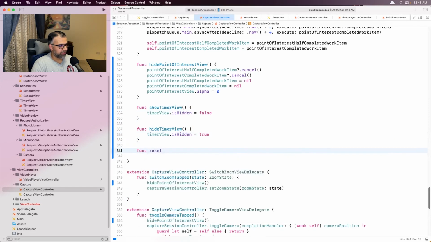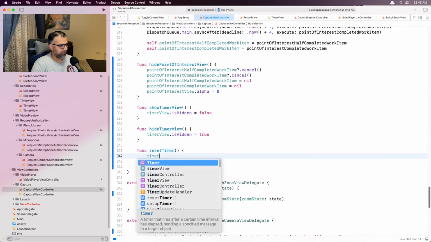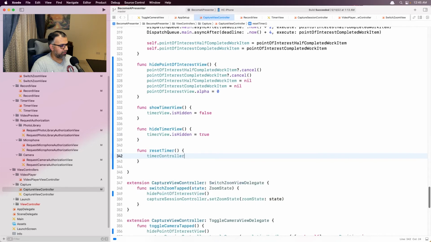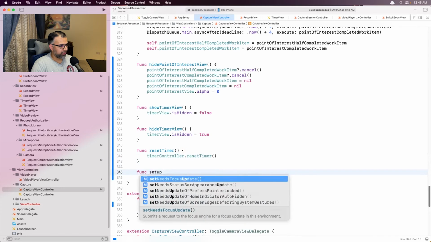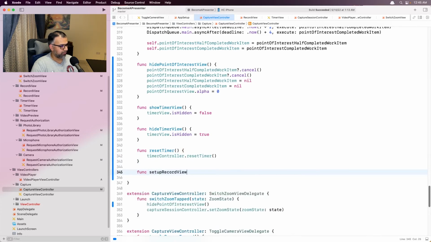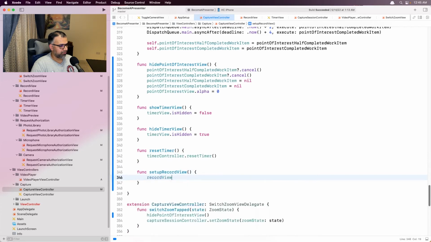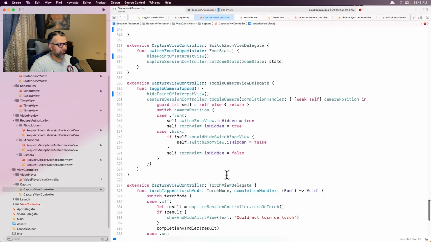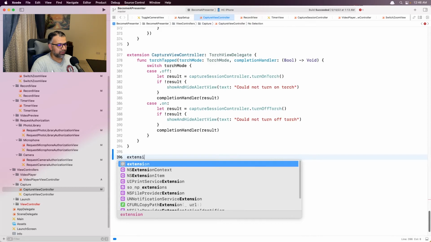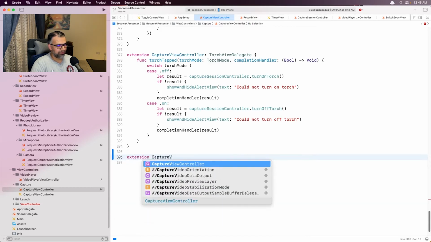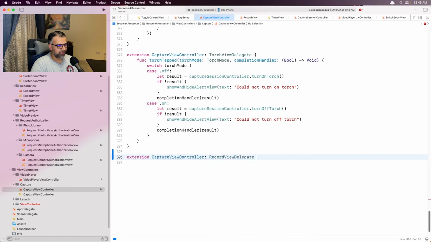And in the function to reset our timer, we are saying timer controller that you reset. And in the function for setup record view, we are going to say record view delegate is self. And in the same view controller, head down to the end of the file and write an extension on the capture view controller to conform to the record view delegate, and for the recording start record, and